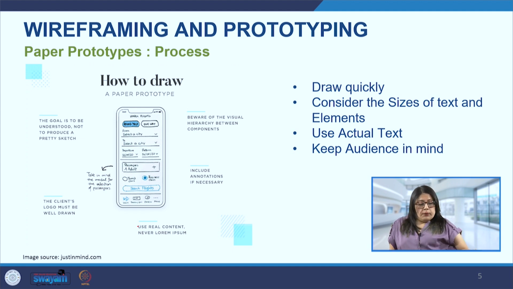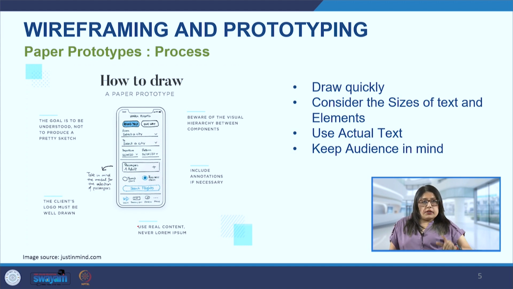Then we have to keep the audience in mind, their grasping power, their level of intelligence, can they understand the text that is written. We have discussed this in previous lectures also, that we have to use language which is being used by people nowadays. It cannot be Victorian language or very futuristic language which most of the people will not be able to understand. So we have to keep in mind that we are designing for real people, and we have to keep the information and the way we are conveying it very real so that people can connect with it.